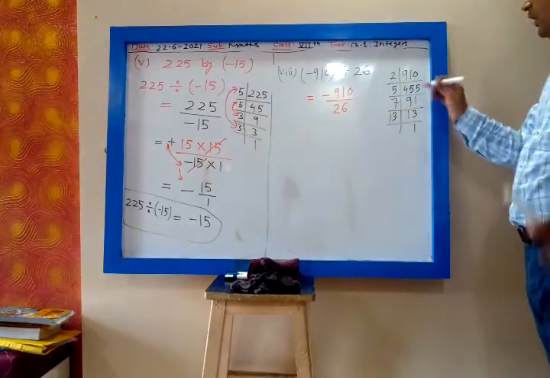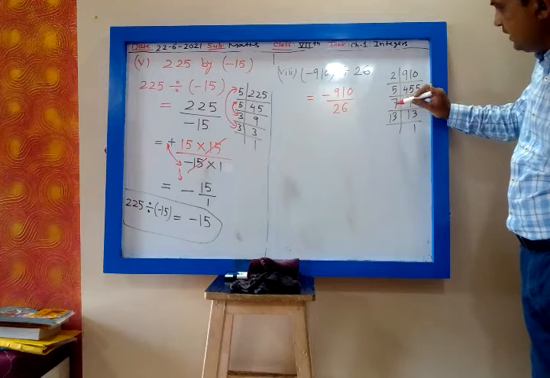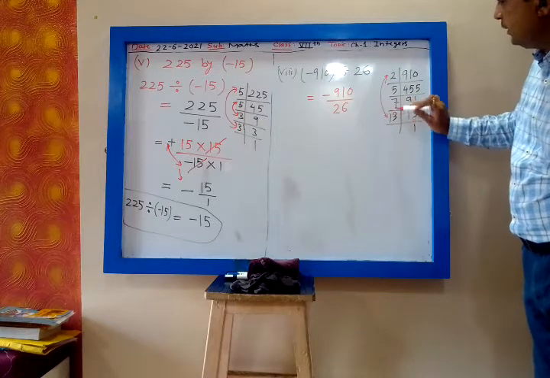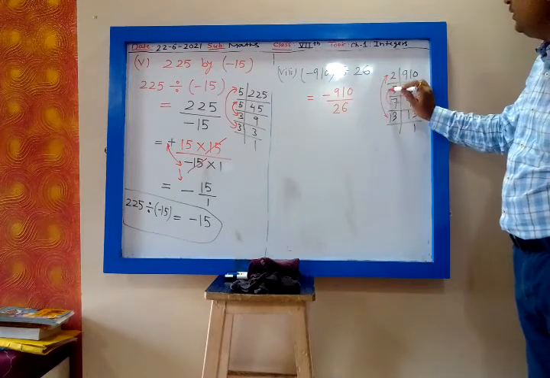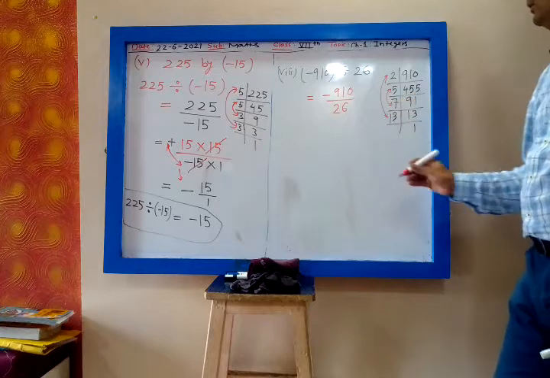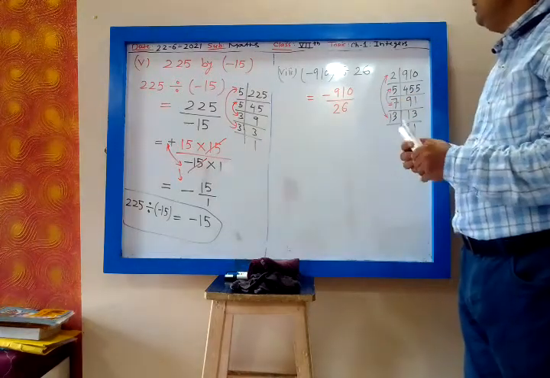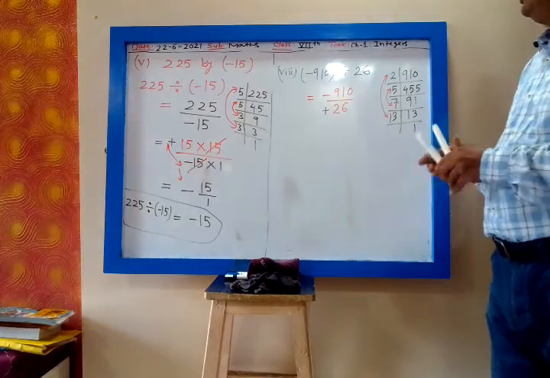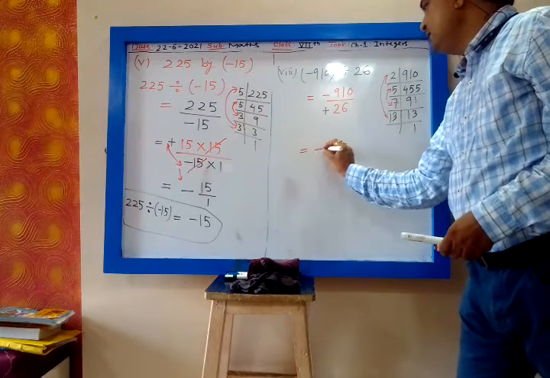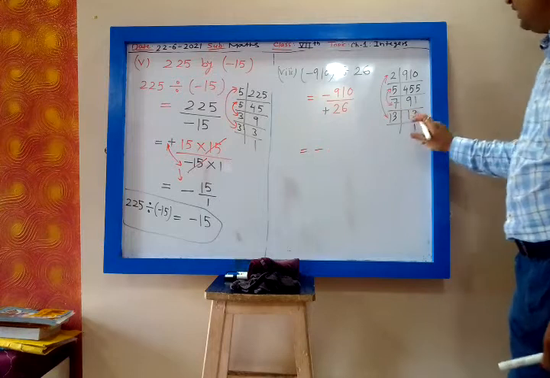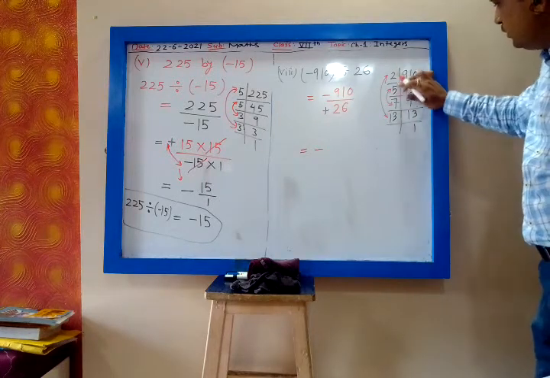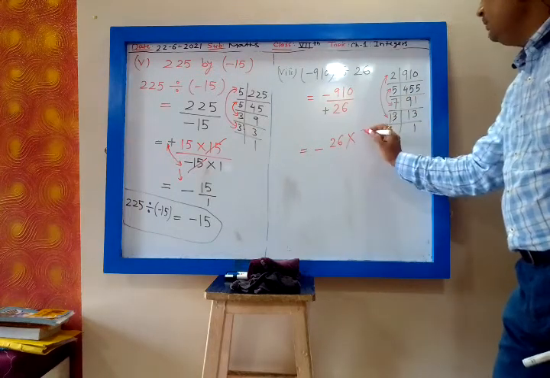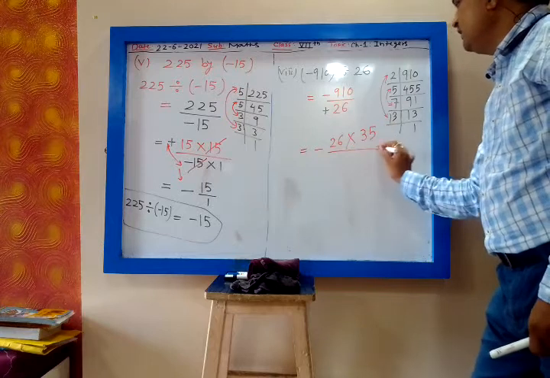Yes. So now see this. You take the number, it is 26. So this 13 I will multiply with 2. 13 into 2, 26. Then 7 into 5, 35. So this you can write, which sign do we have in the denominator? Plus. So it will be minus, plus upon plus will be minus. Then 910, I will write 2 into 13 is 26 into 7 into 5, 35 upon 26.